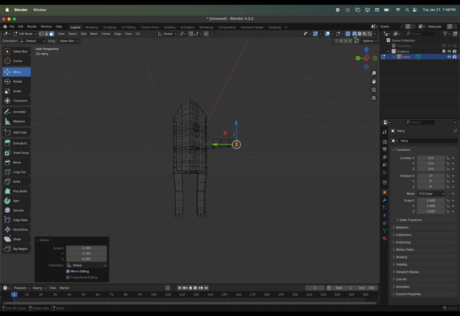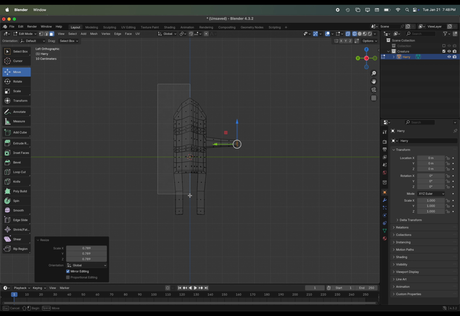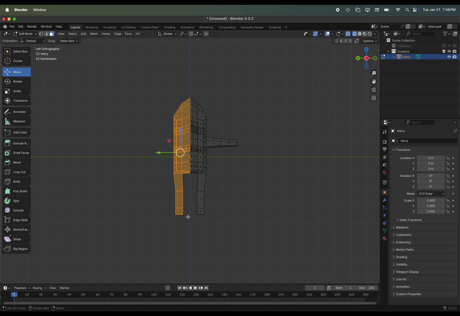Now, if I switch it to wireframe, I can either click on the icon over here, or I can press Z and switch to wireframe that way. And I want to make sure that I'm looking straight on. So you can press 1 on the number pad to go to the front view, or you can use the widget over on the top. Looks like mine is actually turned to the side. That's okay. I can make this work anyway.